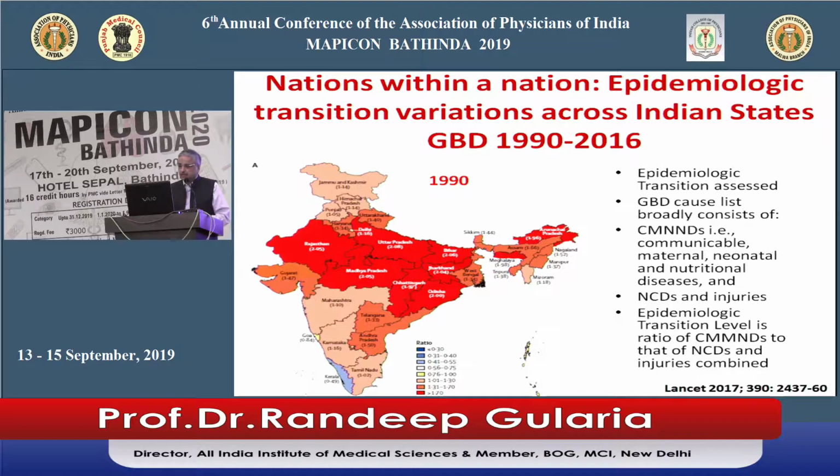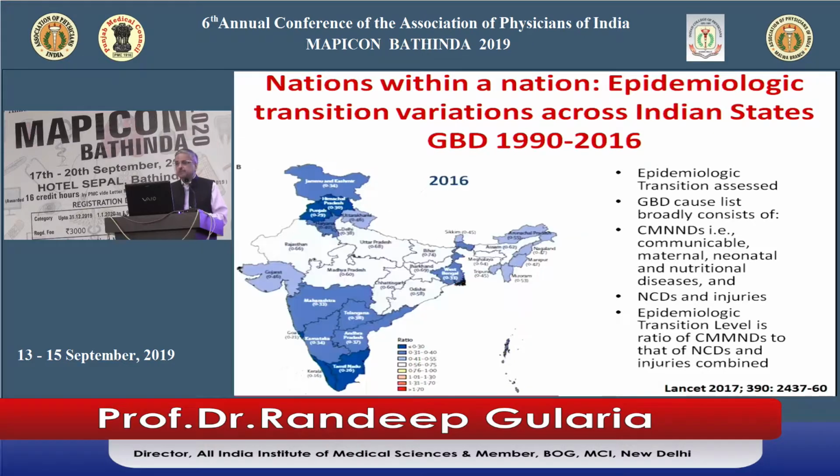looking at the epidemiological transition that has occurred in India from 1990 to 2016. If you look at the map of India in 1990, and you were to look at non-communicable diseases versus what is known as the CMNNDs, that is communicable, maternal, neonatal and nutritional diseases, you will find that in 1990 the red suggests more of the CMNNDs and the blue suggests more of the non-communicable diseases. In 1990, except for Kerala, which had already started moving towards NCDs, most of India, especially the Indo-Gangetic belt or the central part of India, the bulk of burden of disease was actually related to communicable diseases, maternal, neonatal and